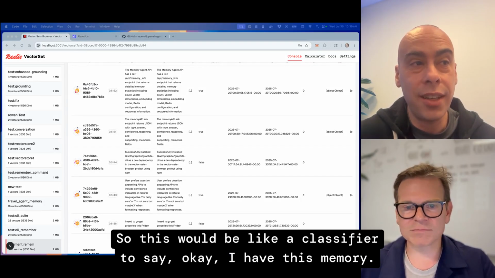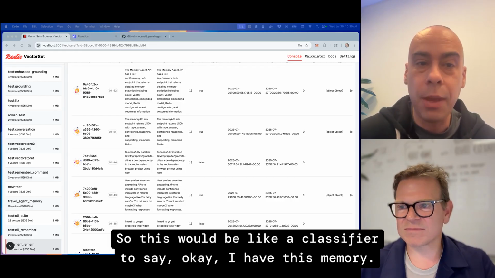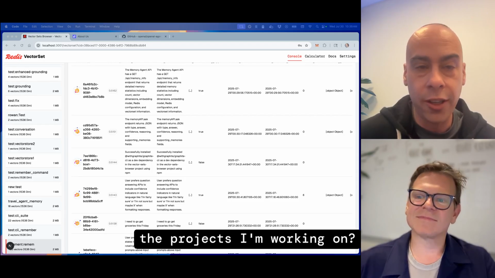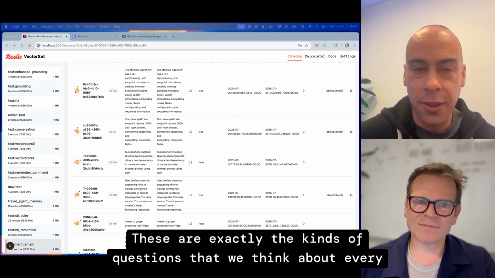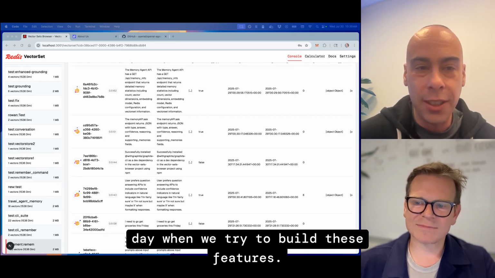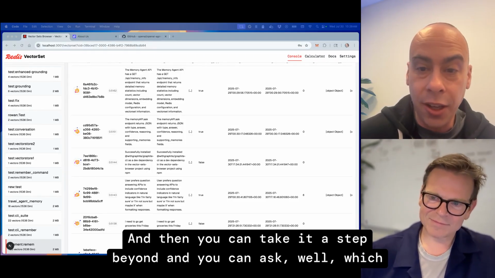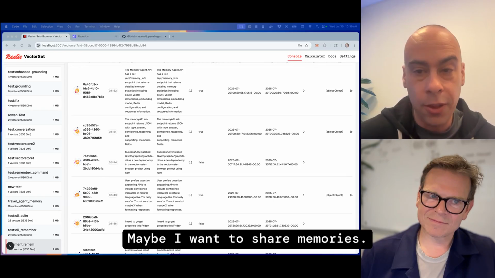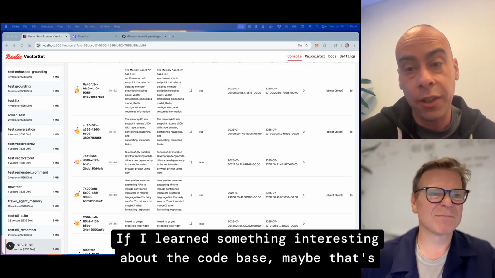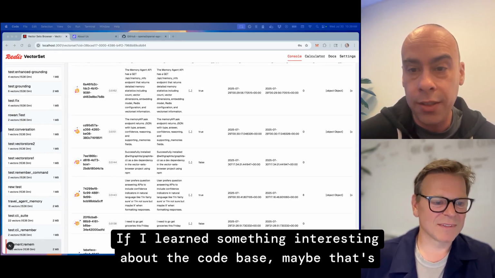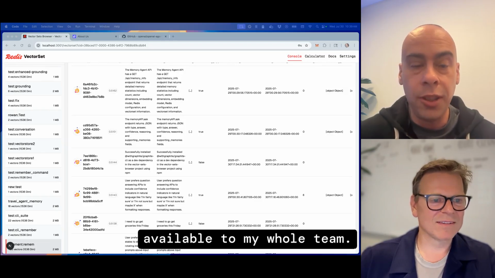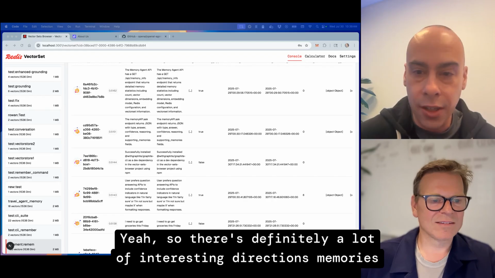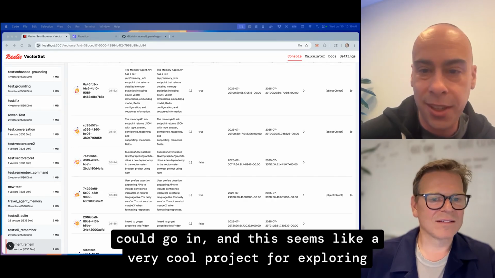Definitely. So this would be like a classifier to tell you, okay, I have this memory. Does this memory only apply to this project, or should it apply to all the projects I'm working on, right? These are exactly the kinds of questions that we think about every day when we try to build these features. And then you can take it a step beyond and ask, well, which of these memories should actually apply to my whole team, right? Maybe I want to share memories. Maybe they're not just relevant to me. If I learn something interesting about the code base, maybe that's available to my whole team. Yeah, so there's definitely a lot of interesting directions memories could go in, and this seems like a very cool